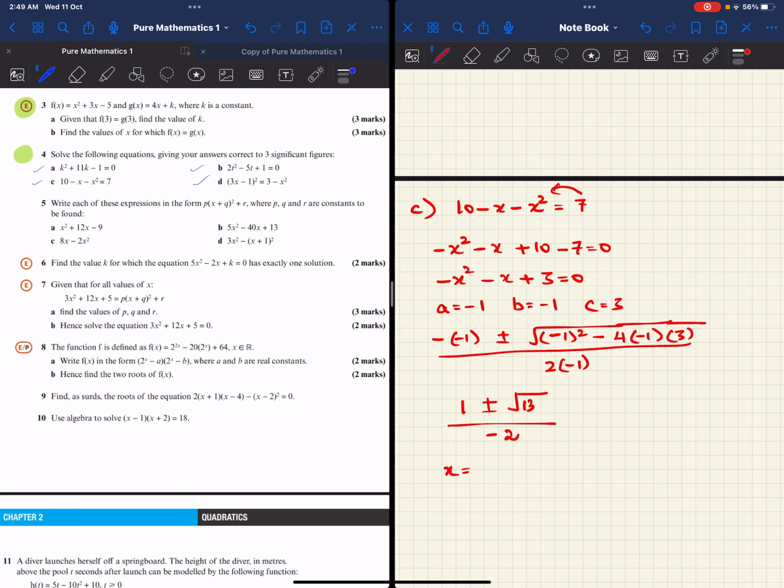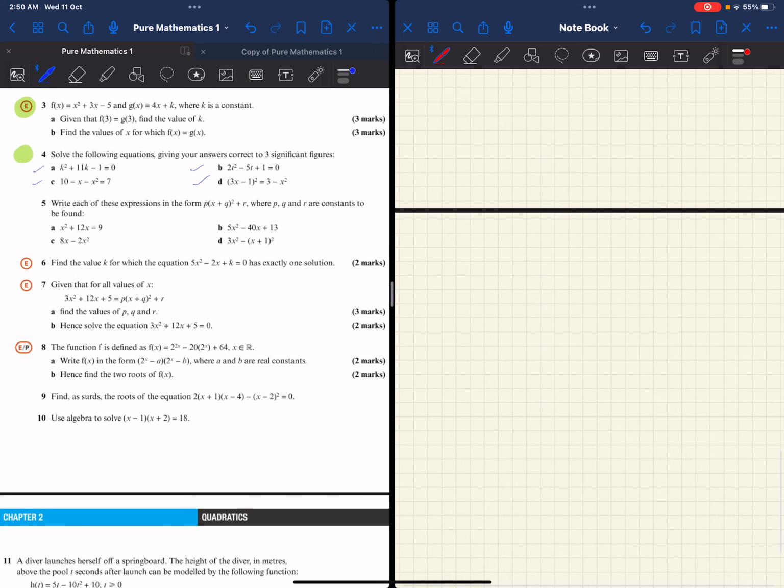Therefore, x values are equal to 1 plus root of 13, all divided by minus 2, which is minus 2.30 to 3 significant figures, and 1 minus root of 13 divided by negative 2, which is 1.30 to 3 significant figures. Moving on to question D,